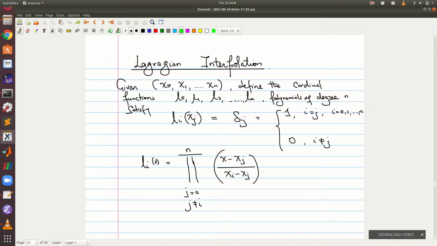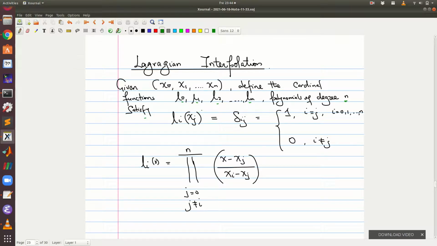Hi and welcome to this section where we would like to look at the Lagrange interpolation. In this very elegant and powerful interpolation technique, we would say that given points x0, x1 and so on up to xn, we would like to define the cardinal functions L0, L1, L2 and so on up to Ln, which are polynomials of degree n,